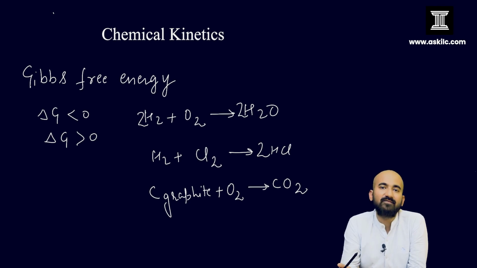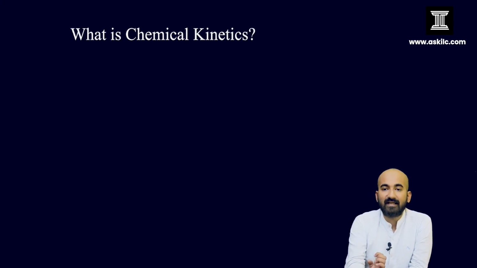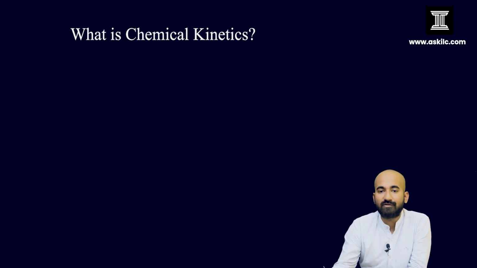There may be some instances where electricity in the atmosphere may help in the formation of HCl or some amount of water, but without any external aid they don't happen so often. So if a reaction is feasible, why is it not happening? Because the rate of the reaction is very slow. Chemical kinetics tells you what the rate of a reaction will be, whether a reaction will be fast or slow. So the first thing that chemical kinetics tells you about is the rate of reaction.